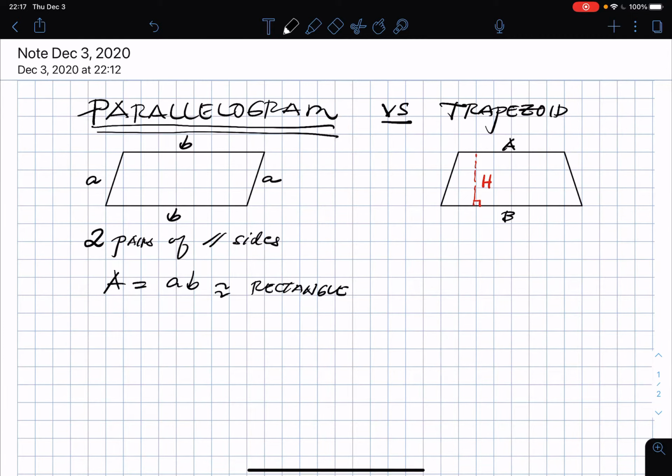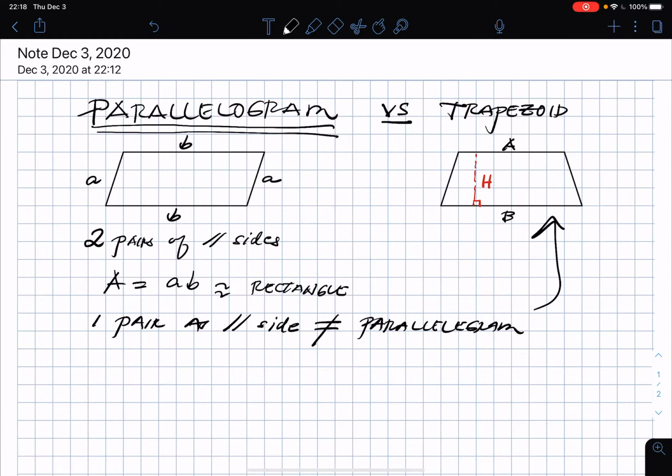which is just like the area of a rectangle or a square. However, if you have only one pair as parallel, okay, this is not a parallelogram. It becomes a trapezoid, okay? Because a definition of a trapezoid is you have two parallel sides. And to get the area,